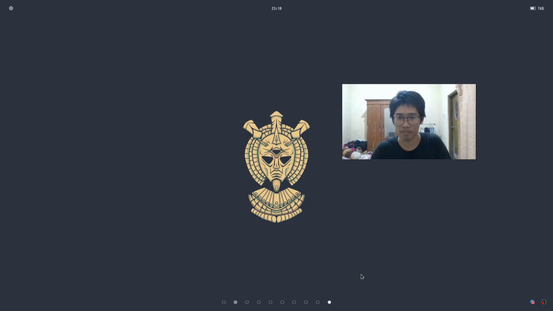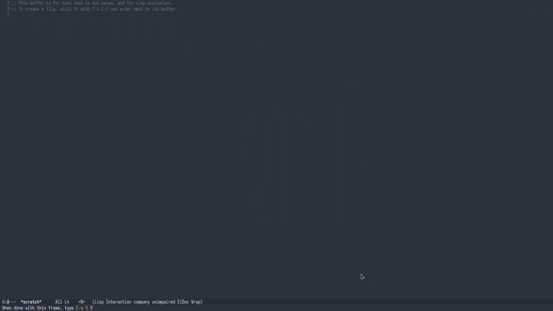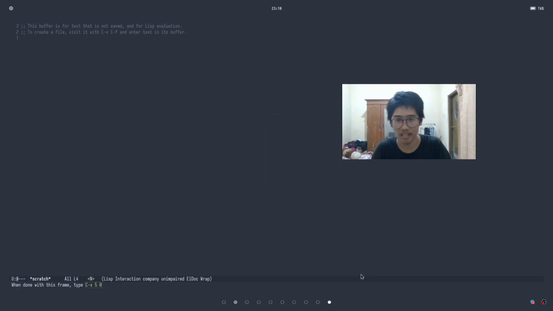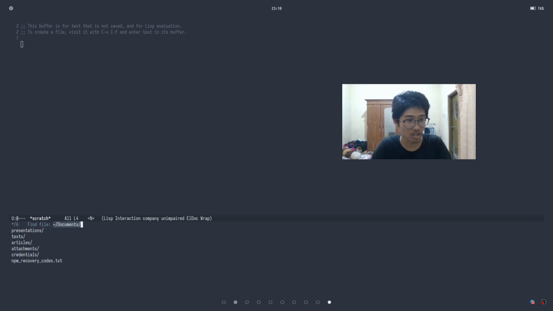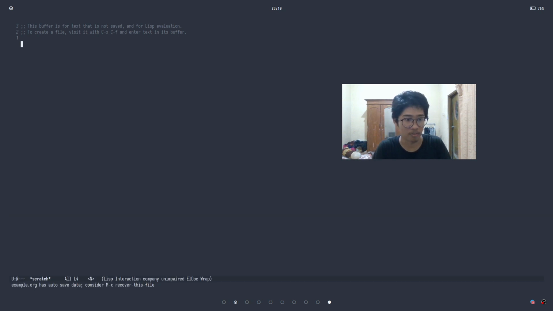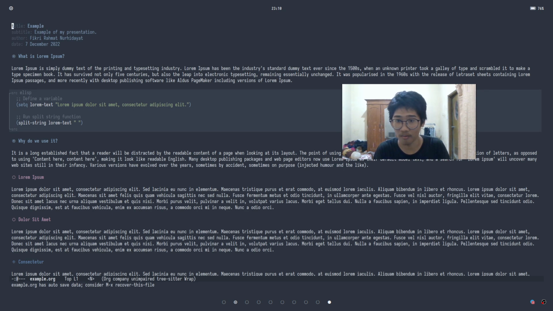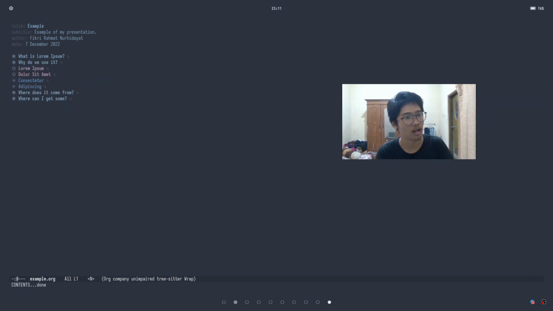So let me launch my Emacs. As you can see, this is a basic Emacs startup screen, I guess. I want to show you my presentation setup. It's here. I already prepared the org mode file that we can use to demonstrate how cool it is to present in Emacs. As you can see here, this is a basic org file with, I think, 3 level